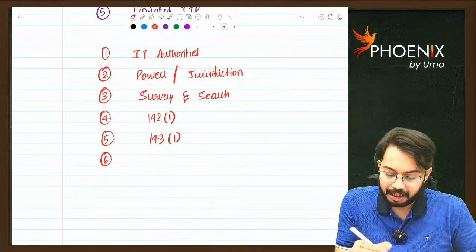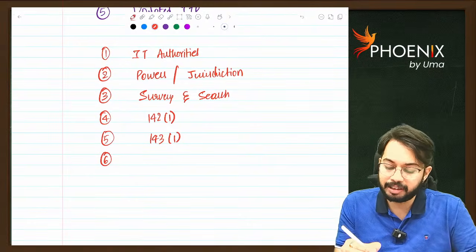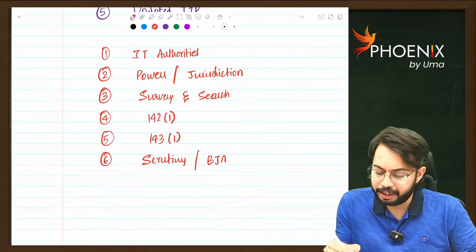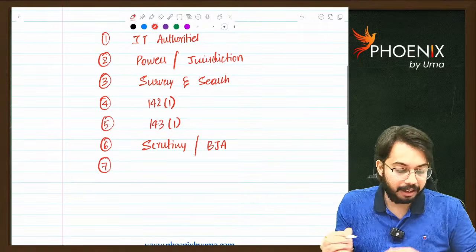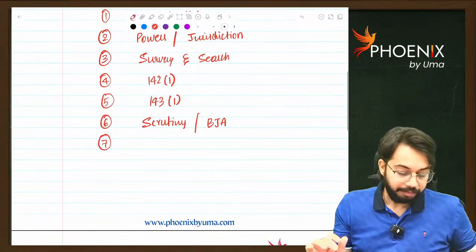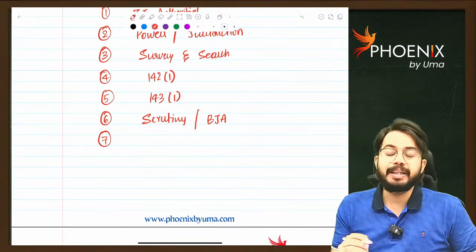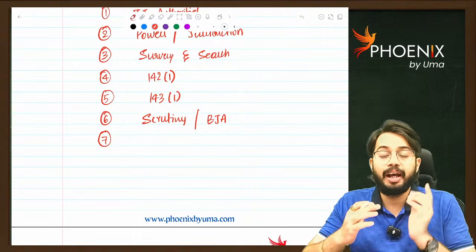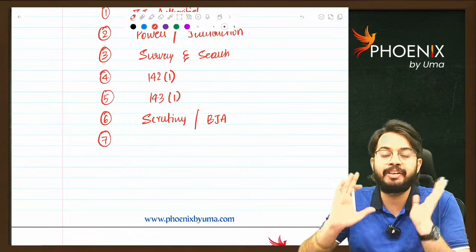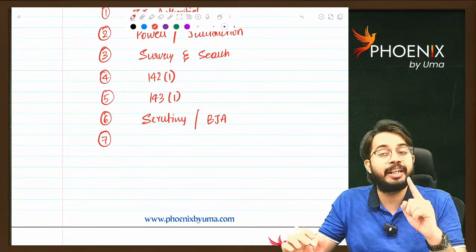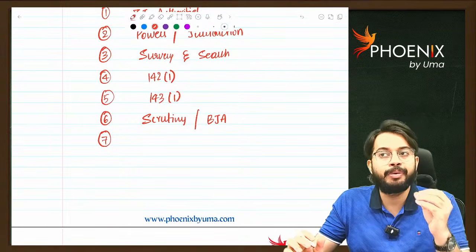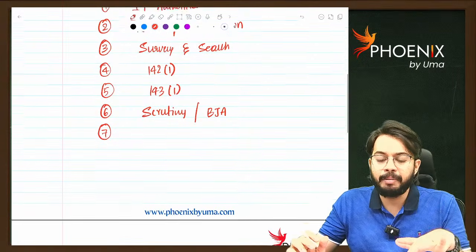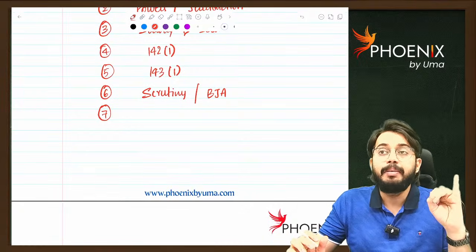Afterwards, I will discuss 143(1) intimation. Then I will discuss that there are three types of assessment. I will discuss scrutiny assessment. I will also discuss best judgment assessment. Then I will explain income escaping assessment. I will see if today time is there. I will explain income escaping assessment also, or else I will explain tomorrow. Tomorrow also I reserved my time for assessment procedures because it is a lengthy chapter. I cannot rush. I have to revise it in a very cool way. So tomorrow also we have time. If time permits, income escaping assessment and block assessment.